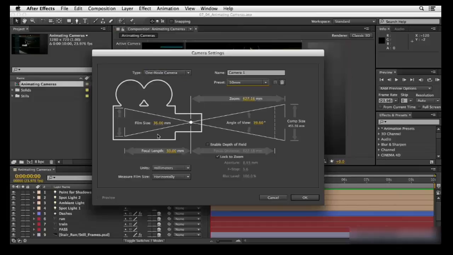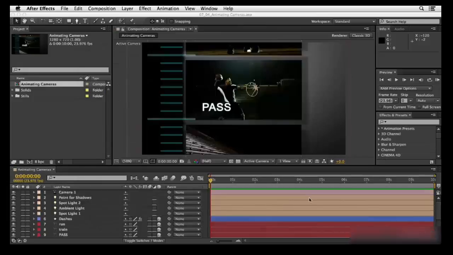If you've made any changes to the camera settings, you can always restore the default settings by Option or Alt clicking on the trash icon right next to the pull down. Just be aware if you do that, you might need to go back up to the type of camera and change it back to a one node camera. Now we don't need to enable depth of field, but we can go ahead and click OK to create our